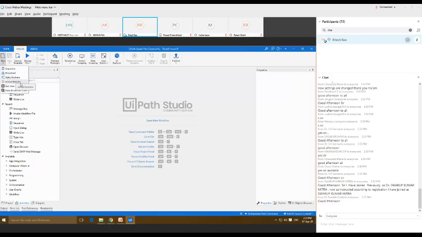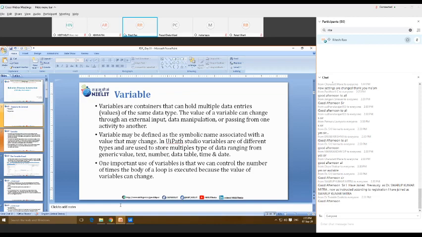So these variables are very important once we work on any type of file, say a sequence, flowchart, or state machine. To store the data provided by the user, we have to create a variable. Okay, so basically these variables are used to store any value or input provided by the user that is required in our automation. Okay, so we'll see one example after this of how we can create a variable. So we have various options for the creation of variables in UiPath.